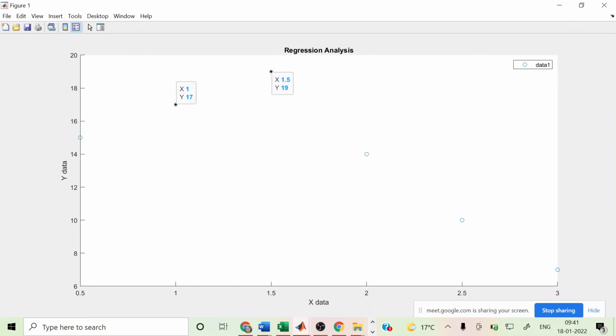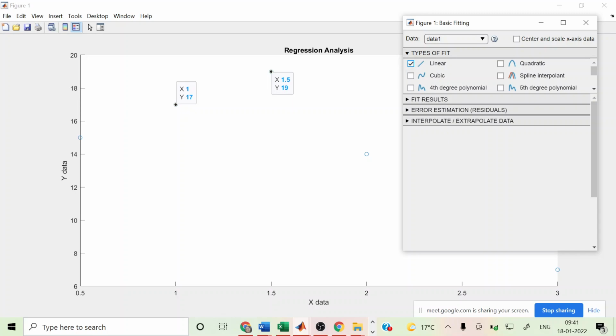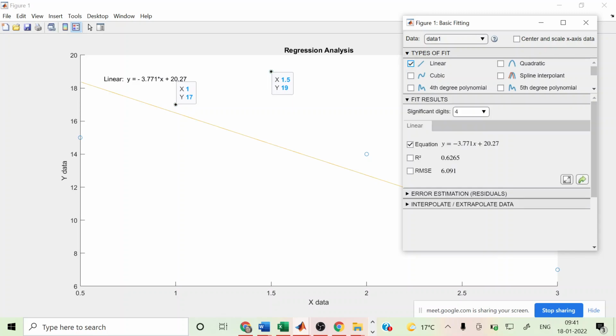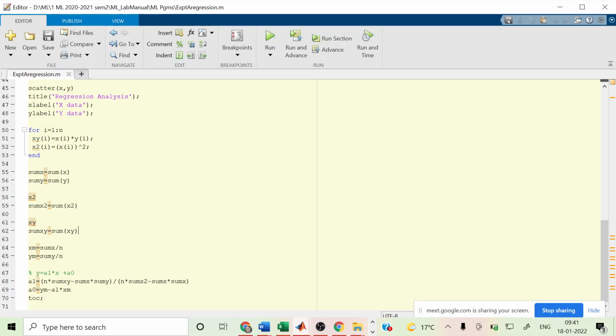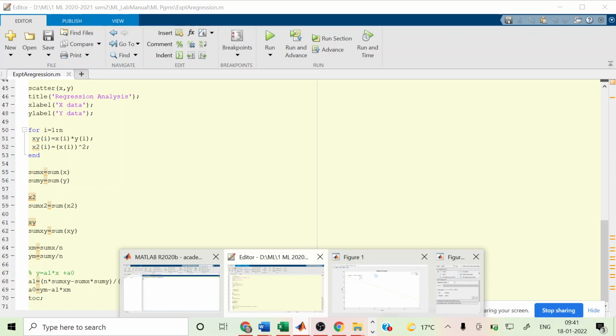After this, the next one is the basic fitting tool. You are going for linear regression. What is expected here? What should the output look like? First, I'll just show. So the same equation: a1 is n into summation of xi minus sum of x into sum of y whole, divided by n into sum of x square minus sum of x whole square. So a naught is ym minus a1 into xm. What is ym? Ym is sum of y divided by n. I have removed the semicolon here so that you will get all these values